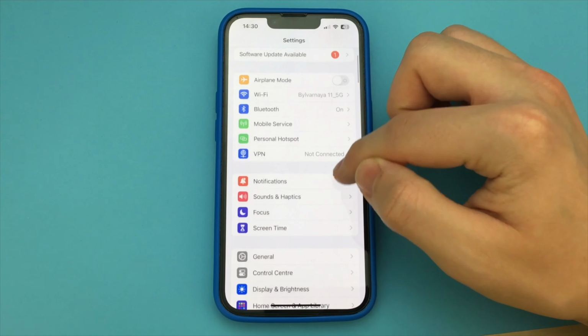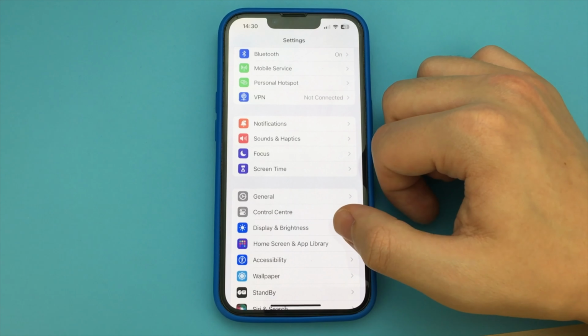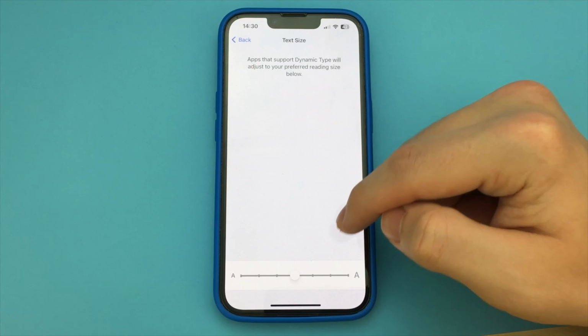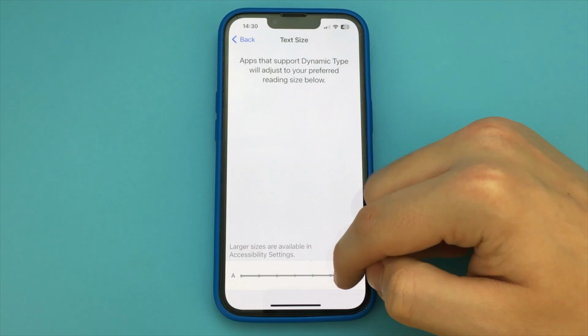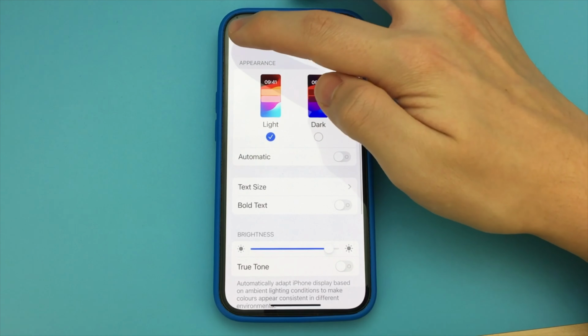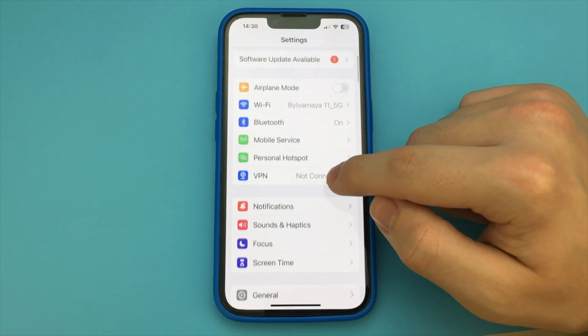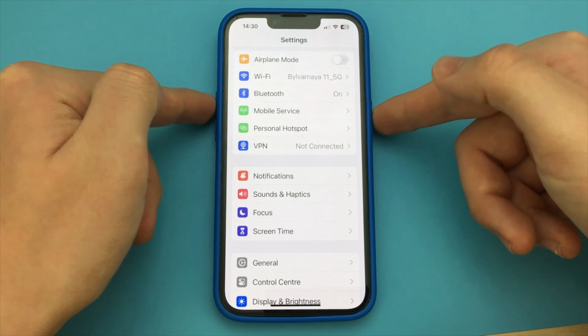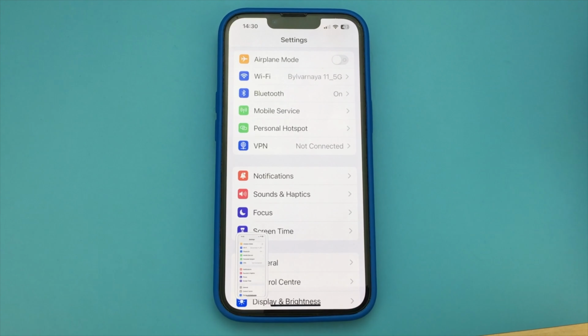There are a lot of settings for our text that you can change. For example, you can click on the size and change it. You can also enable underlining of all text. There is also an option that makes the font bolder and more saturated. This is the kind of method that helps you to change the text on your iPhone. As you can see, this is a very simple and quick way. Done. There's nothing complicated about it.